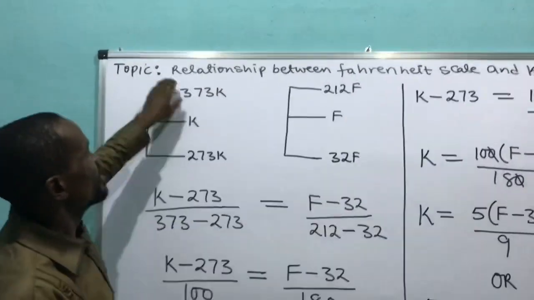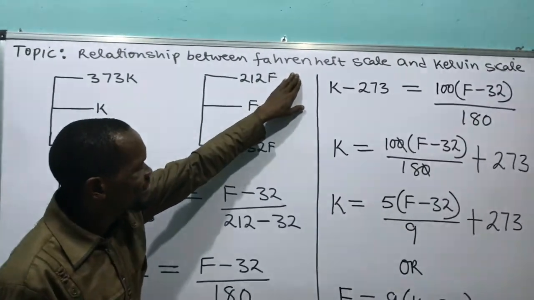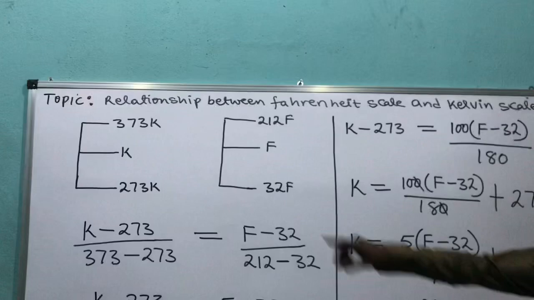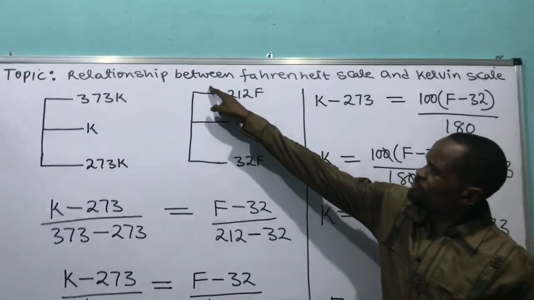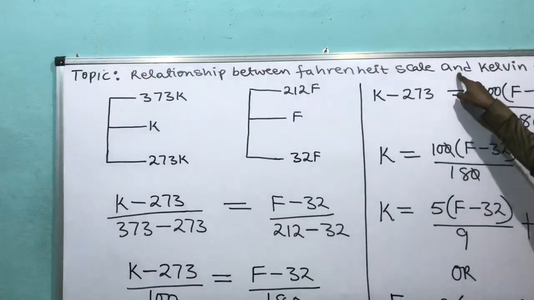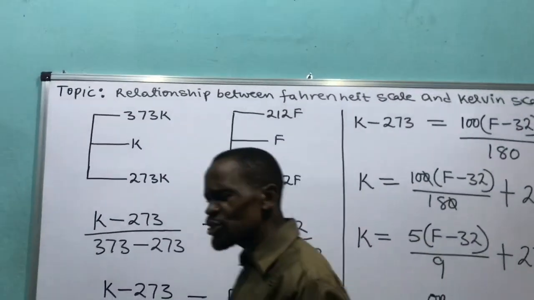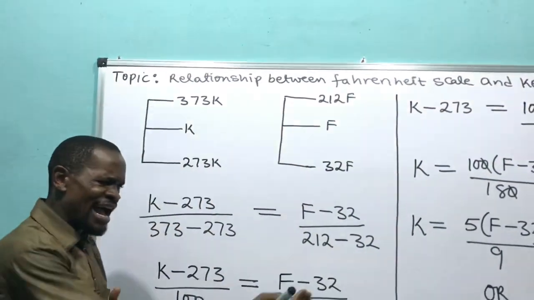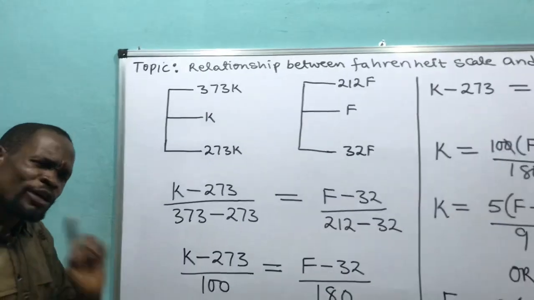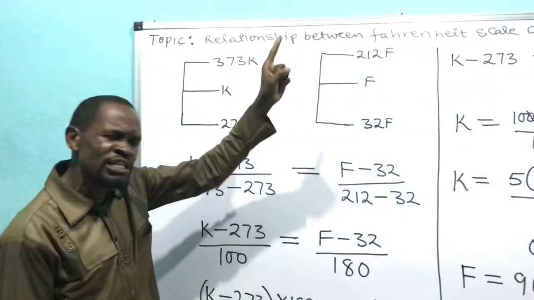Topic: relationship between the Fahrenheit scale and the Kelvin scale. So we are looking at the relationship that connects the Fahrenheit and the Kelvin scale. For looking at this relationship, the first thing we need to know is the upper fixed point and